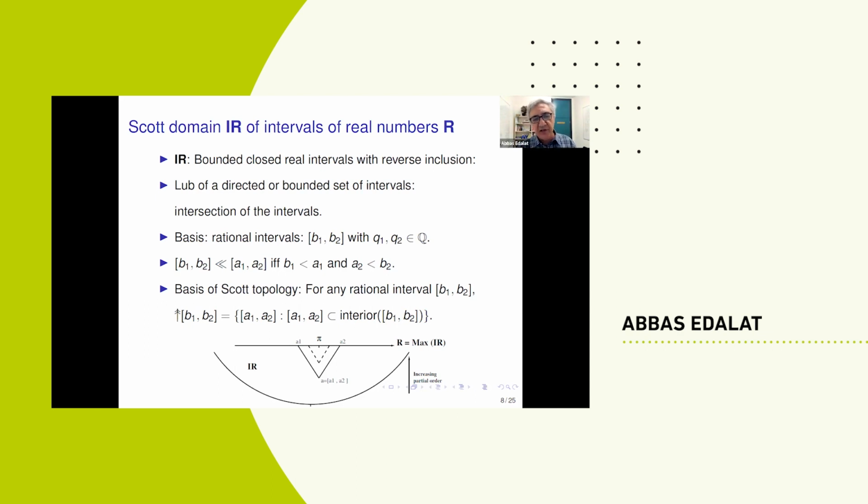So I'm not discussing algebraic domains at all. By Scott domain, I mean a continuous Scott domain. So a prototype example of Scott domain is the domain of intervals. So take bounded closed real intervals and order it with reverse inclusion. So here's the thing. We have got this set of real numbers. These are singletons. They are the maximal elements of this partially ordered set, because this partially ordered set consists of